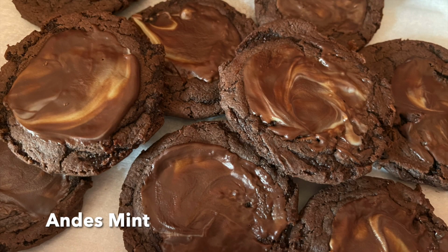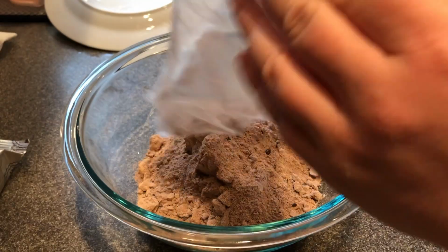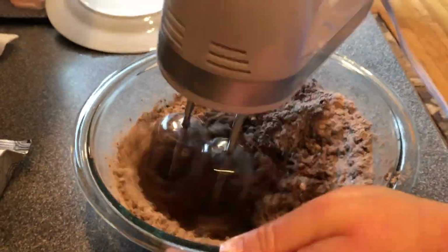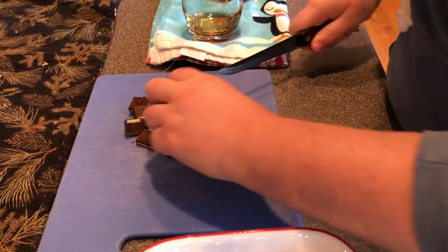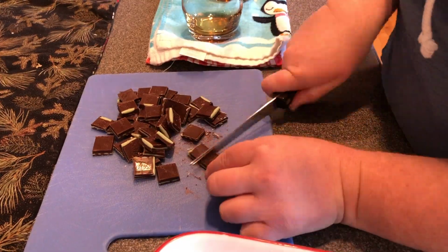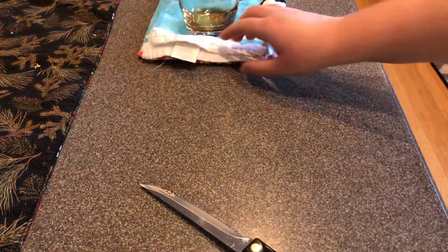These are one of my favorites, and I make these ones every year. So this one is finally me making a cookie here. So these are a cake mix cookie, very simple. Cake mix boxes nowadays are a lot smaller than they used to be when cake mix cookies really started becoming popular. So you add an extra 1/4 cup of flour to your cake mix to make sure it is the right consistency. So I follow the regular cake mix cookie instructions, and then when they come out of the oven,